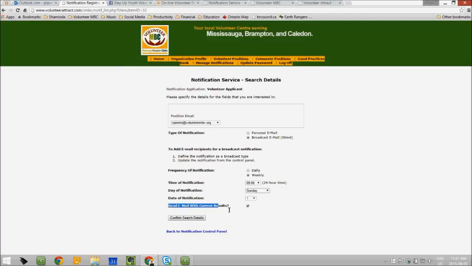Now, this particular option, send email with current results: if this is the first time you are setting up your notifications, I encourage you to click on that, because it will give you a list of all volunteer applicants who have applied to your position so far. If you do not click it, only the new volunteer applicants will be included in the email. And then click on confirm search details.